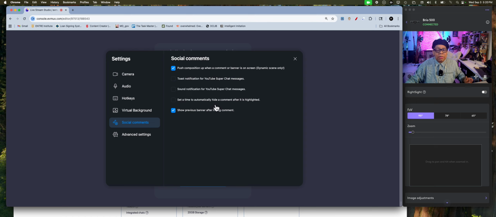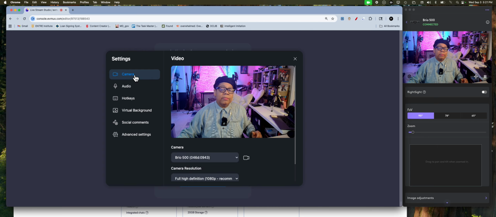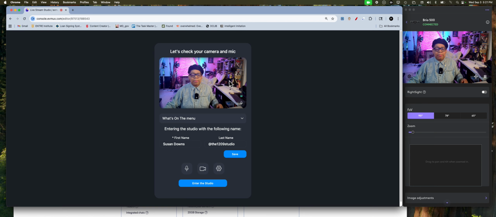Set time to automatically hide a comment. So if I were to click on that, it's going to give me, you know, I can set a timer for my comments to come off or on. Cool. But you can do that manually. And then you have your advanced settings. So there are certain things here you might want to go through and read depending on what it is you want to do, right? Okay, so now that we've done all that and we've set everything up,